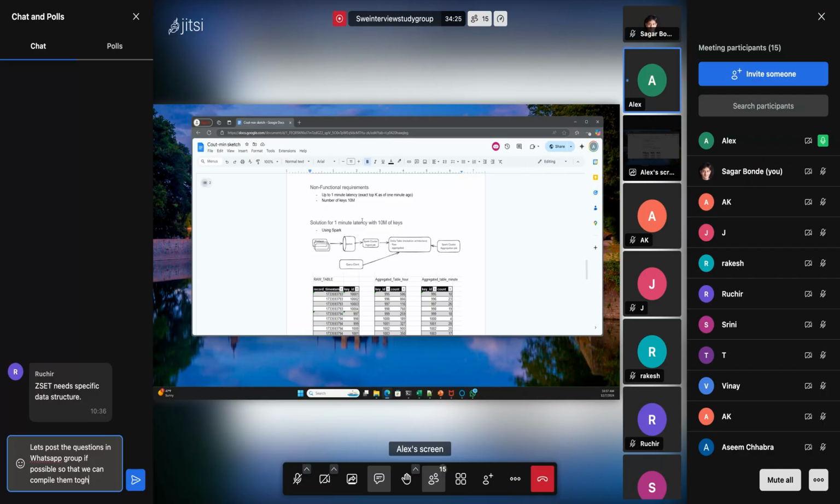So the minimum we can practically offer is multiple seconds, and I put it as 1 minute. The question to address here is how to get exact results for